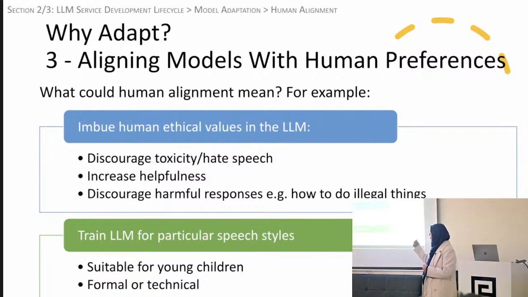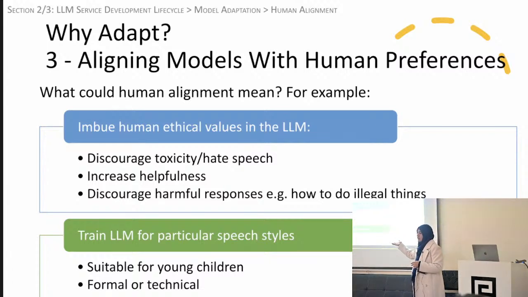So for example, you might want to discourage it from producing hate speech or toxic responses. Or you might want to increase its helpfulness. We'll see an example of that in the next slide. You might want to discourage harmful responses. Like if I ask, how do I hack into my neighbor's Wi-Fi? It shouldn't give me the step-by-step, right? It should actually tell me that it's illegal, right? Similarly for other illegal things.